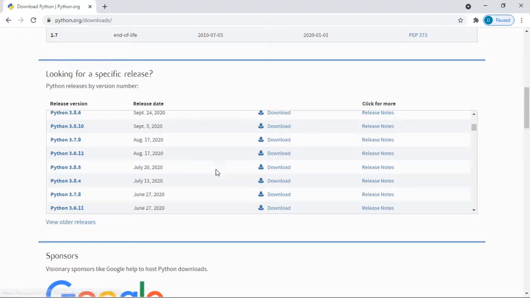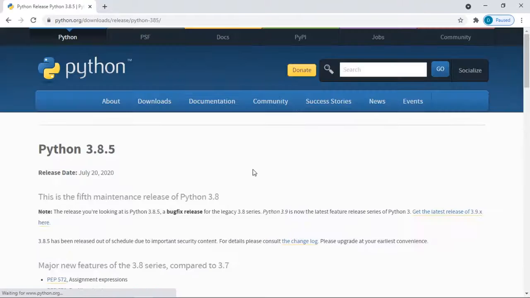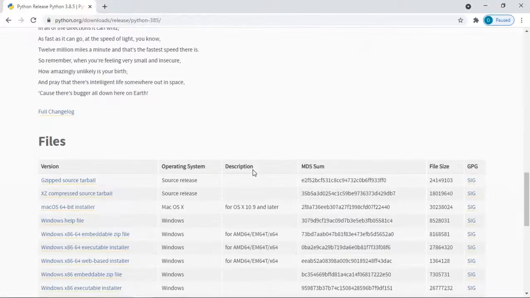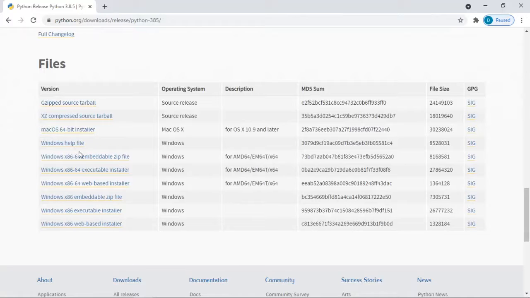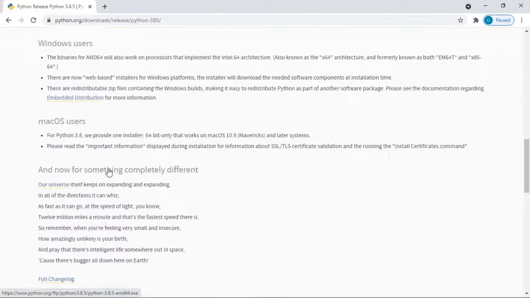Click on this download. Here there are so many version files. We take the executable installer, Windows 64 executable installer. Click on this and download this executable installer file, and then follow the installation wizard to install Python into the Windows system. I already installed it on my system, so I'm skipping this step.